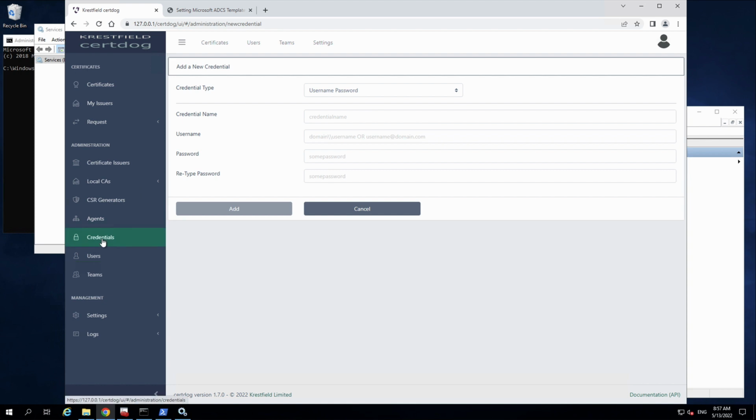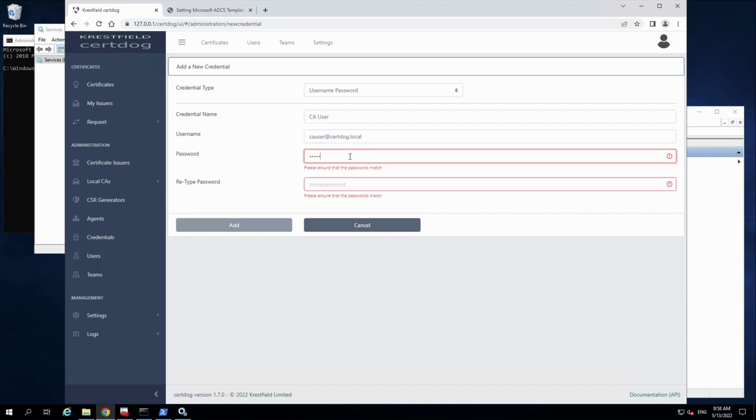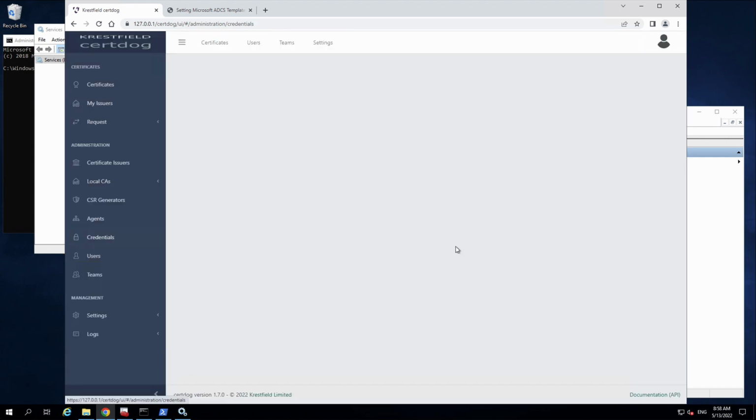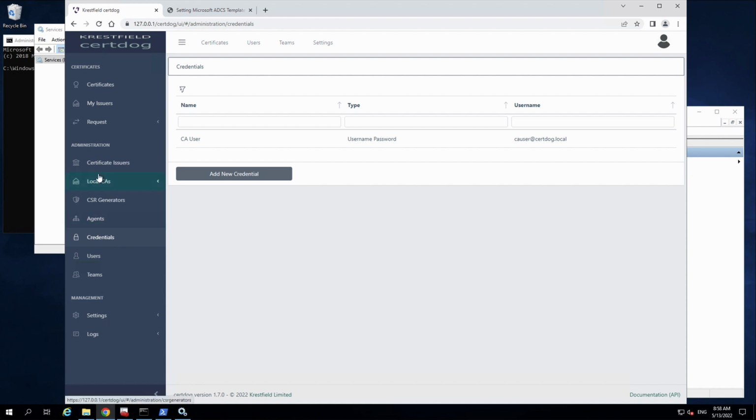So I've come down here to credentials. I've clicked add new credential. It's a username and password credential, and I'm going to call this the CA user. And I have the username and password. Okay, and I'm going to add that. And there's my credential. So now we can set up the issuer, which will point to a specific template